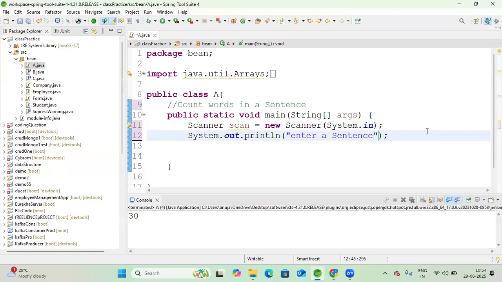After reading this in the console, the user will enter the sentence. The sentence will be in string format. In the first class I told you that after doing some operation you have to store the result somewhere and then print it. So here also, after taking the input from the user, we have to store it somewhere. That's why I have explained this very simple and basic logic. Since the input will be a string, we have to store it in a string object. That's why we will create a string variable